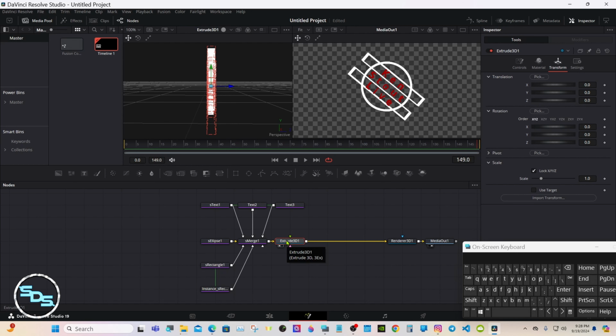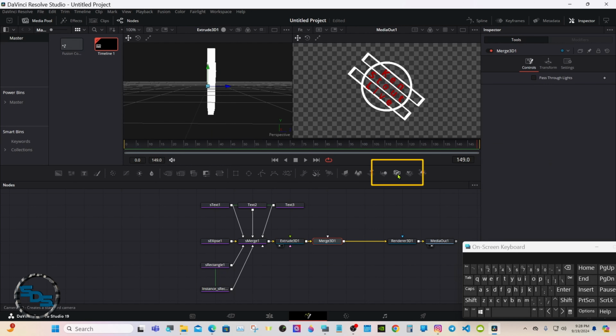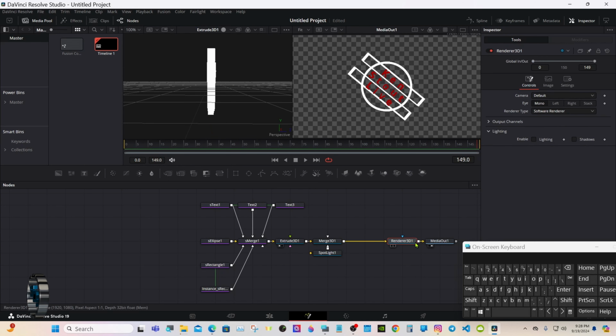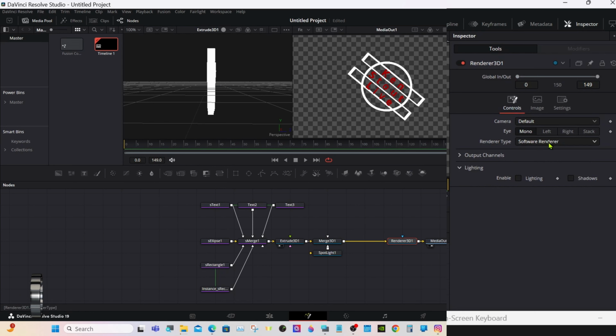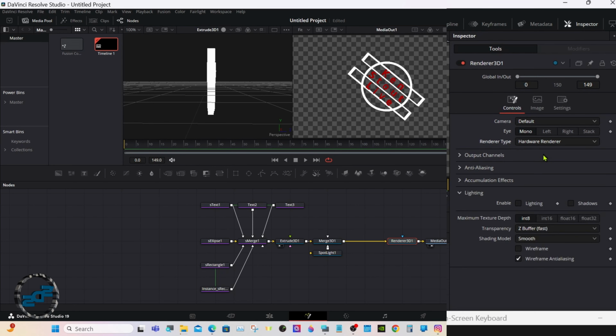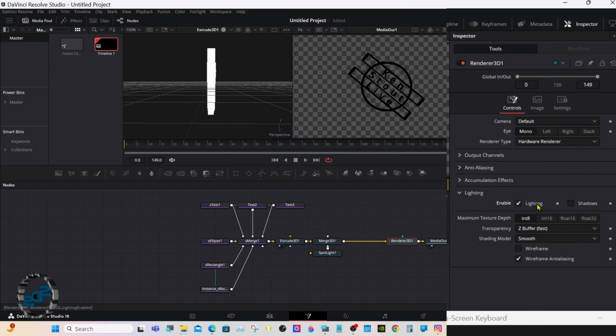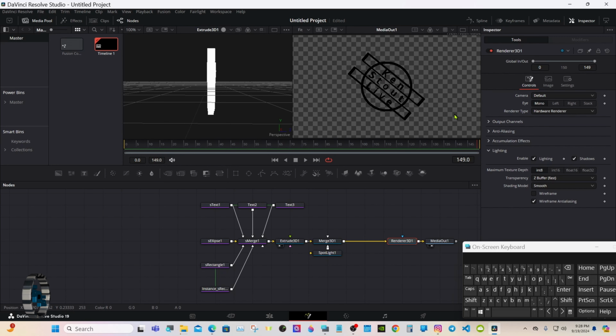Let's add a light to this. Select the extrude, 3D merge, and a light. Go to render. Change it from software to hardware. That way it'll optimize the render cache mode. Select lighting and shadows. Now you see in viewer 2, we have no light. Put the merge in viewer 1, and you'll see the light